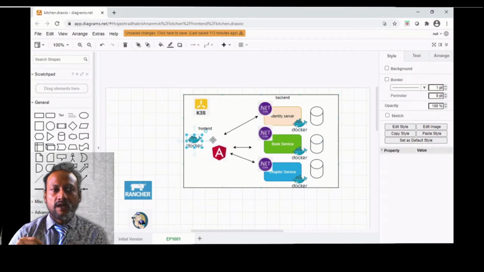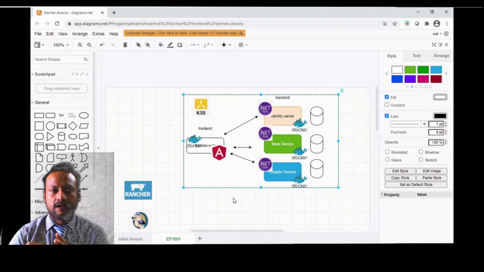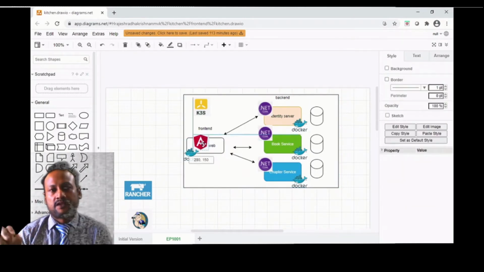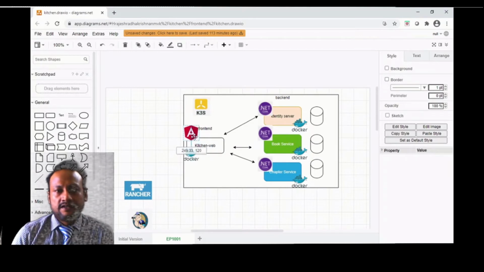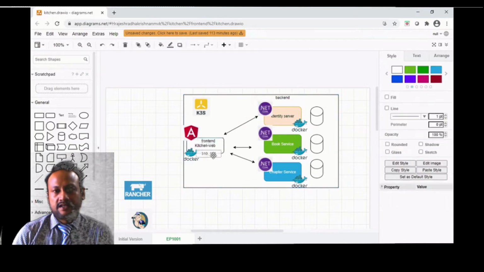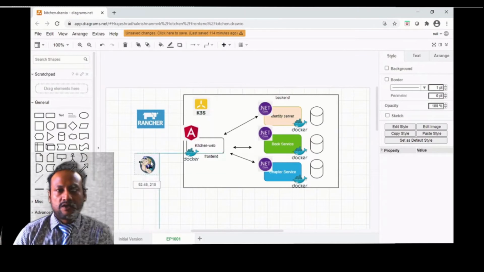So the Angular app is containerized. The commands are almost the same. So this is how it looks. You could see the Angular app, and I will show you in the K9s console how these commands work together and the processes are loaded. We can see the status.